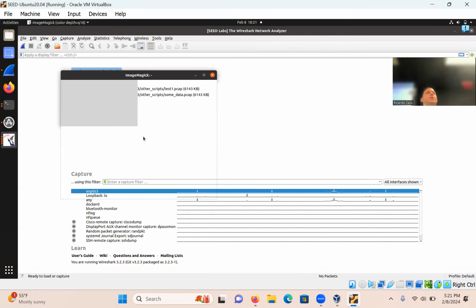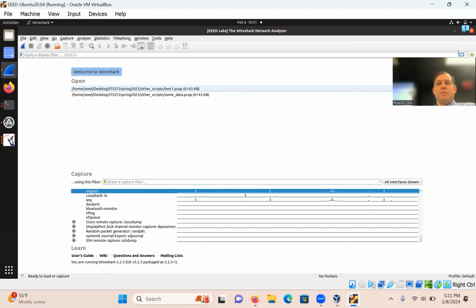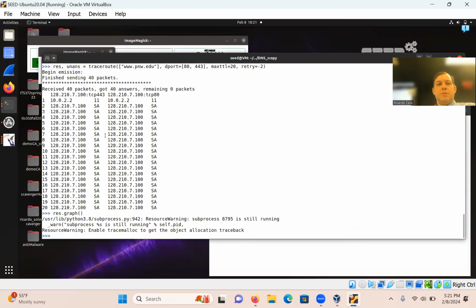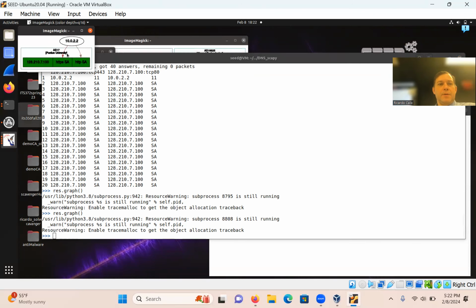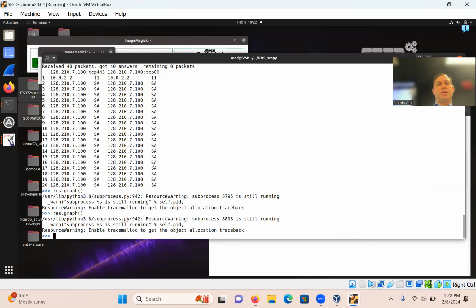So you can try this, play with it, but it should be able to give you more information, if you have more IPs in here. Well, that's great. Now there it is. So it goes from 10.0.2.2 to 128.210.7.100. So it's got both of them. Anyway, I've spent too much time on graphing this, but basically it's just a functionality for trace routing and various